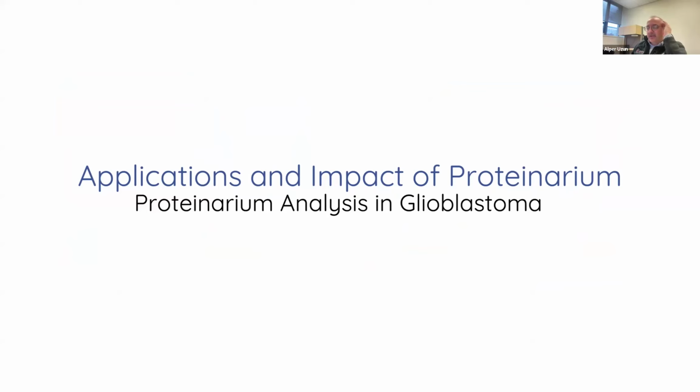Honestly, we did so many applications, and I'm just showing some of them. In glioblastoma, we again used data from available data resources, but let me go over the introduction. As you may know, it's an aggressive brain cancer originating from glial cells, and it is the most common and malignant primary brain tumor in adults, with a poor prognosis. GBM has genetic alterations including IDH1 and IDH2 mutations, TP53, RB1 loss, and EGFR gene amplifications. Treatment involves surgical resection, radiation therapy, and chemotherapy.